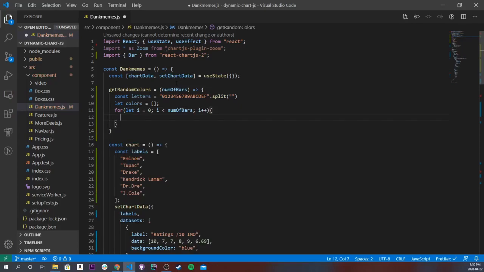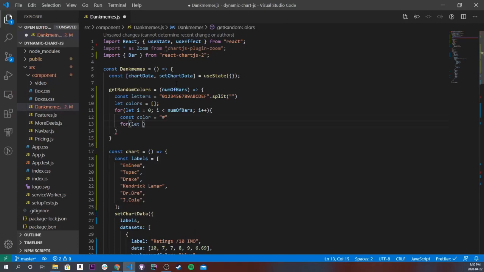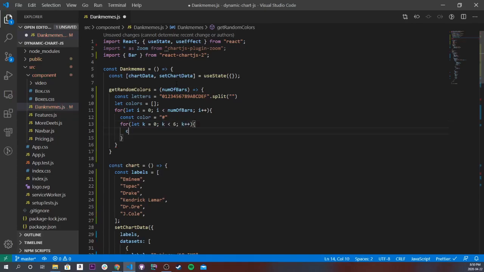So before we do that, let's do const color is equal to hashtag, whoops, and for let k is equal to 0, k is less than 6, k plus plus, and color plus equal letters